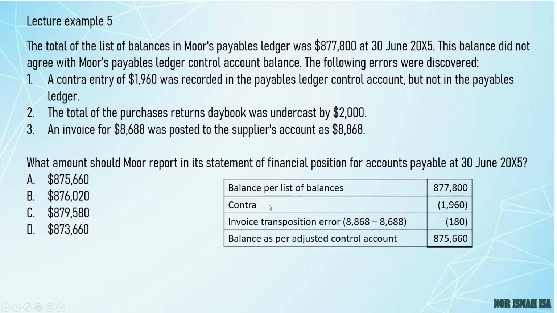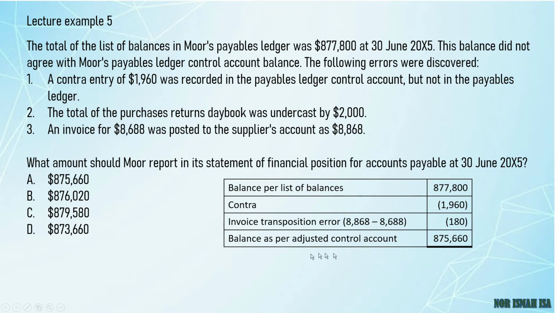So the contra will make the account for supplier decrease, so we minus this amount. As the transposition error, we just take the different amount. The correct amount is 86, then it recorded 88, which is more. Since we already recorded more, we need to minus the different amount. So we minus